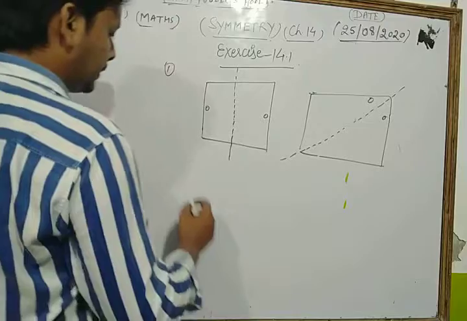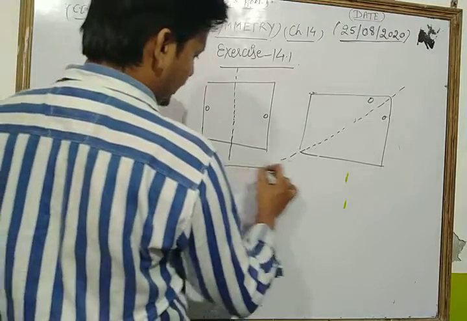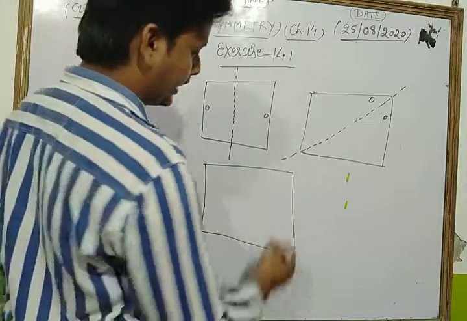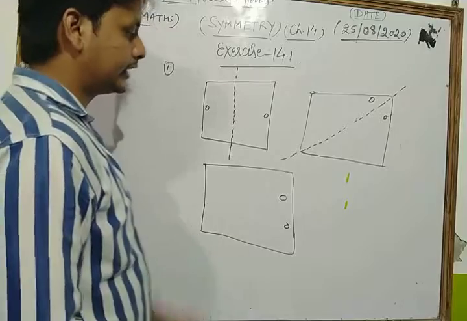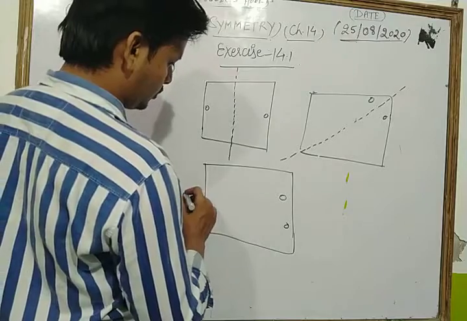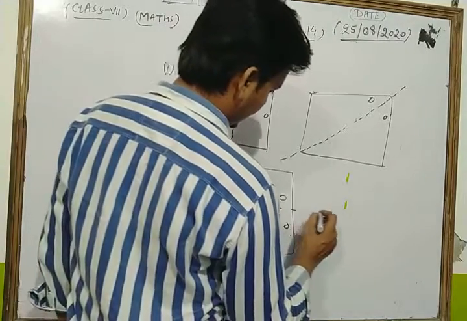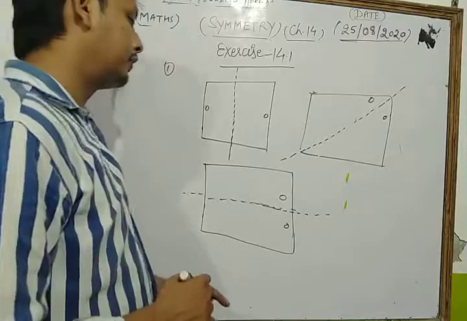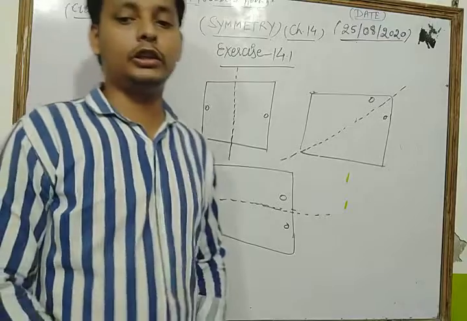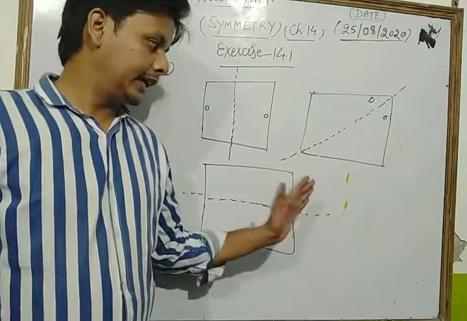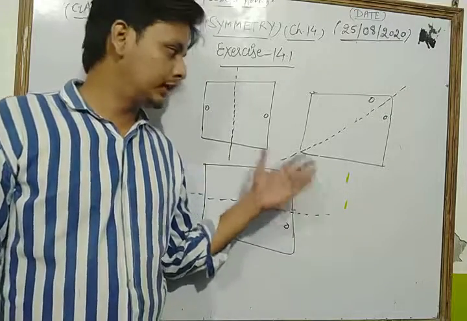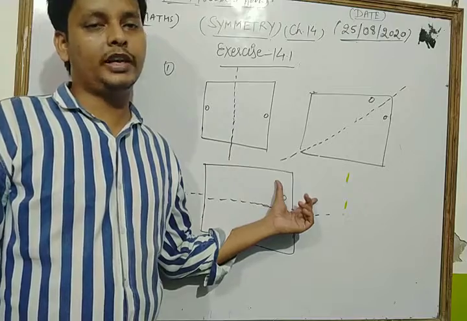Okay, now we take the third part of this question. In the third part, dear students, you have the punched mark in this way. So here, dear students, in this way we draw the line of symmetry, because if this figure is folded along its line of symmetry, then each part is superposed on the other. So dear students, in this way you can solve each part of this question. Okay, now question 1 is clear.